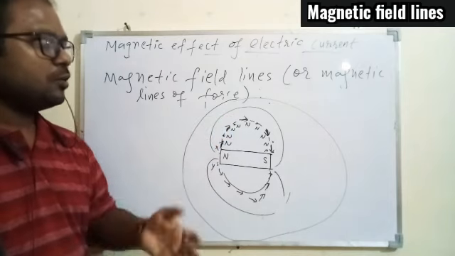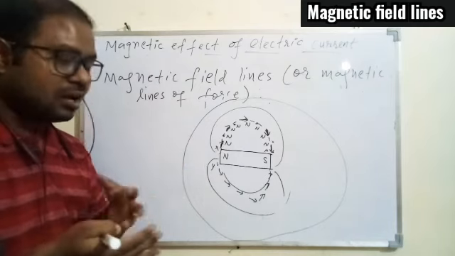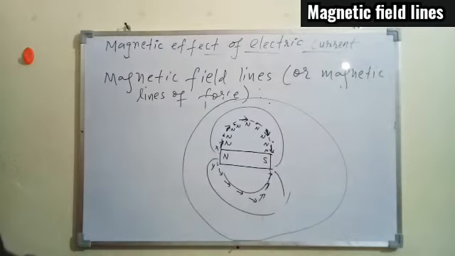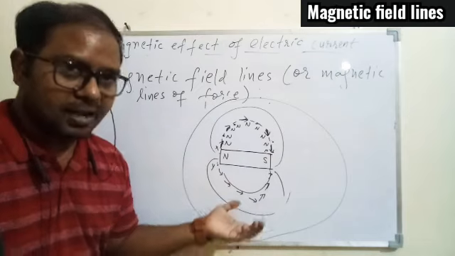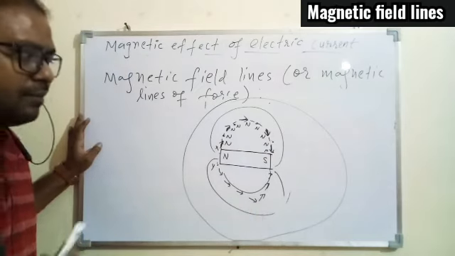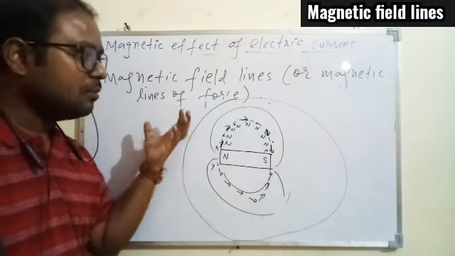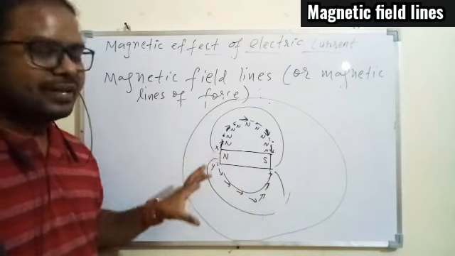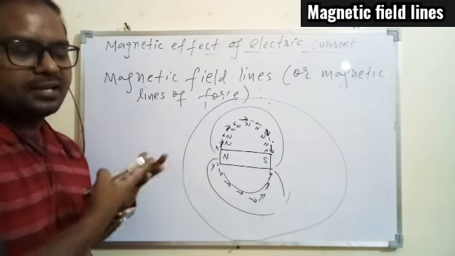Okay, and that is what we are going to discuss next. That is, if the magnetic field lines are there within the space, then what are their properties? But I hope the magnetic field lines are clear. So overall, for a given magnet, any kind of magnet, if it is a bar magnet, horseshoe magnet, ring magnet, circular magnet, every magnet will have some magnetic field, and within the magnetic field, the lines will have a particular pattern. For every kind of magnet that we have, the magnetic field lines pattern will be different.